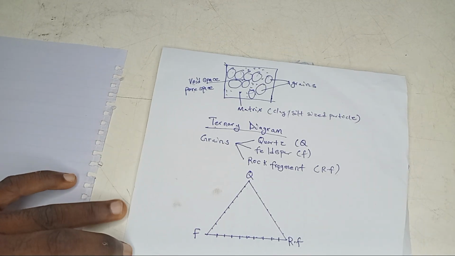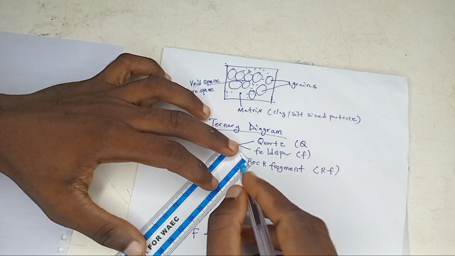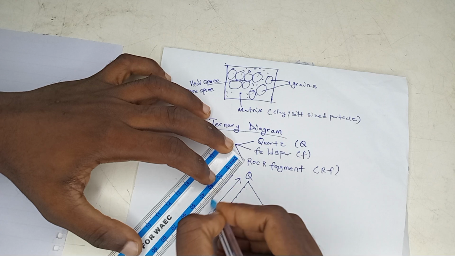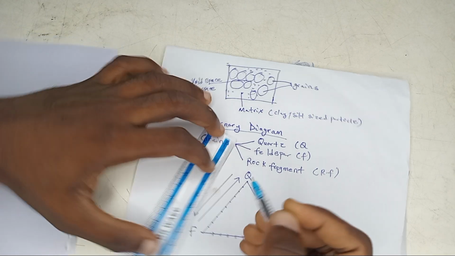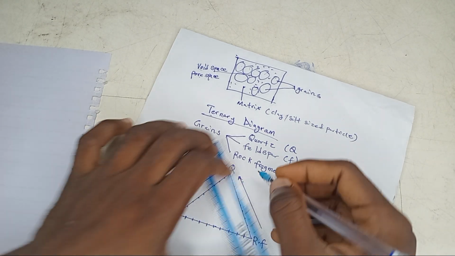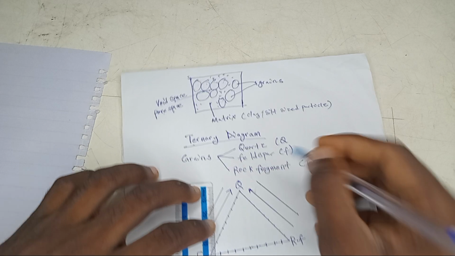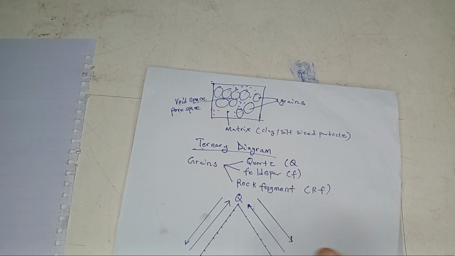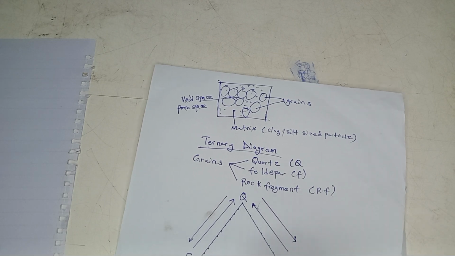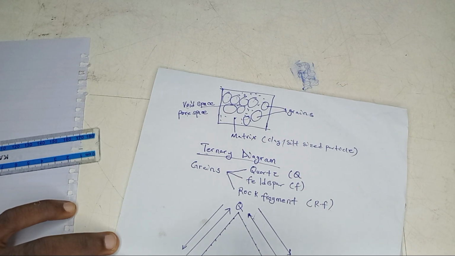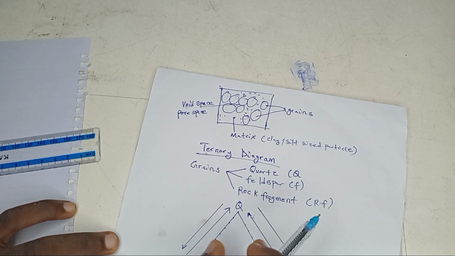So each of these can show what? Increasing towards this part and decreasing towards this part. Increasing towards this part, then decreasing towards this other part. And here, you can also show the same thing. Increasing towards this part. So I'm going to do it in the area of increasing quartz, this side and this